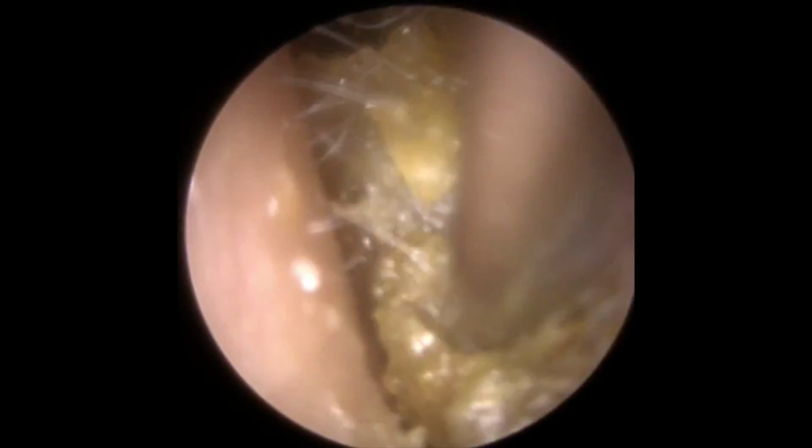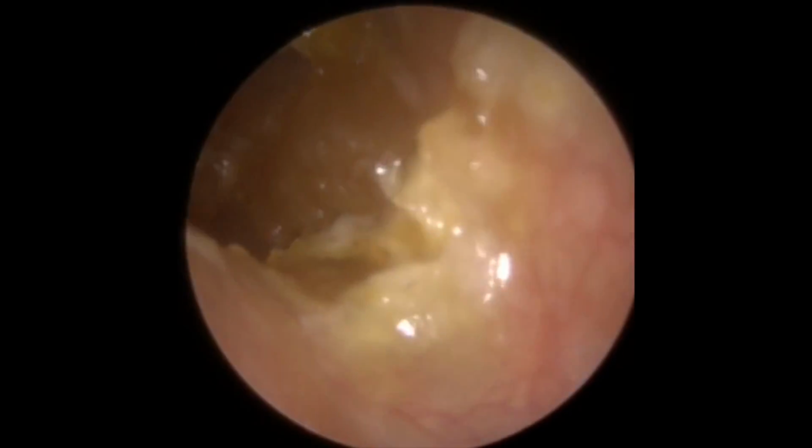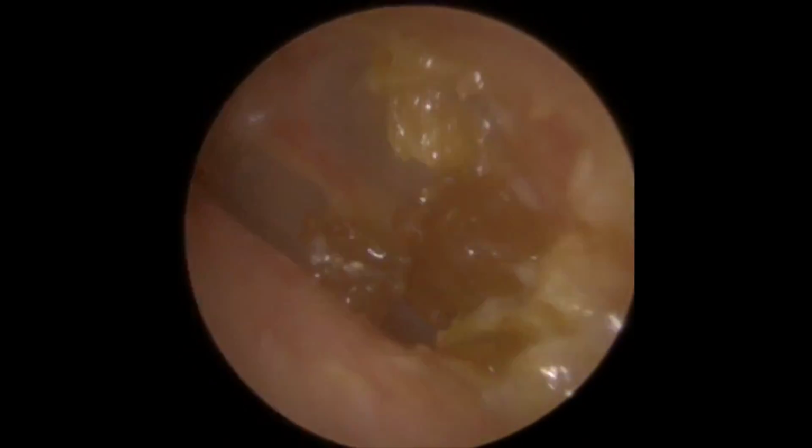That little bit of dry skin, it's just blocked the end of the suction there. So I'm trying to get behind it there. Now we've got behind it, we can bring it forwards. There you go. So sometimes you have to be a little bit adaptable for what you're doing. You can see we've got a collection of harder bits at the base of the canal. Now,